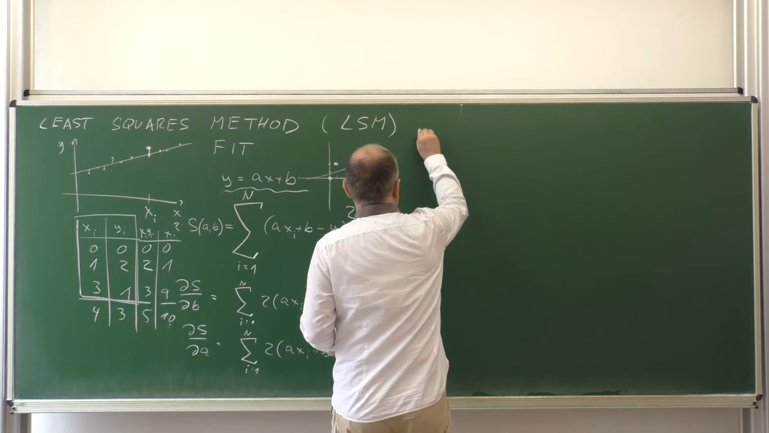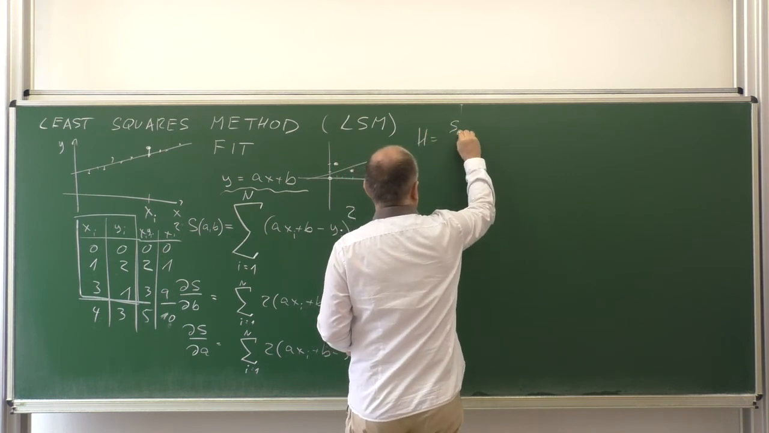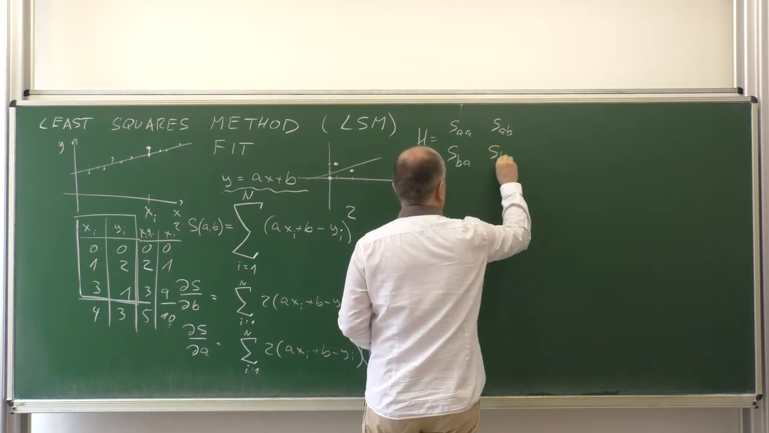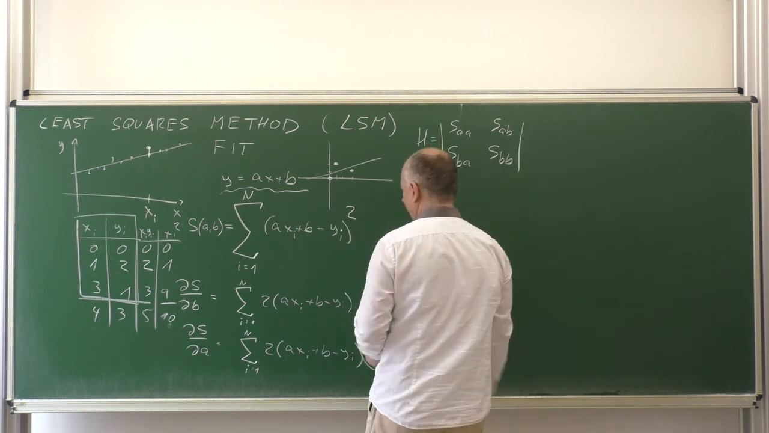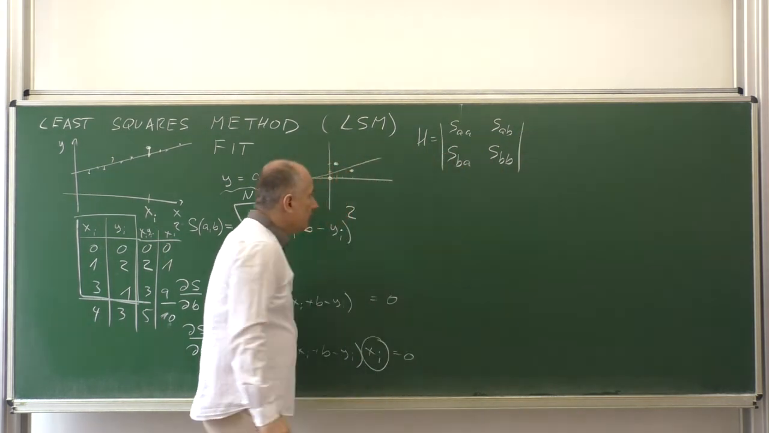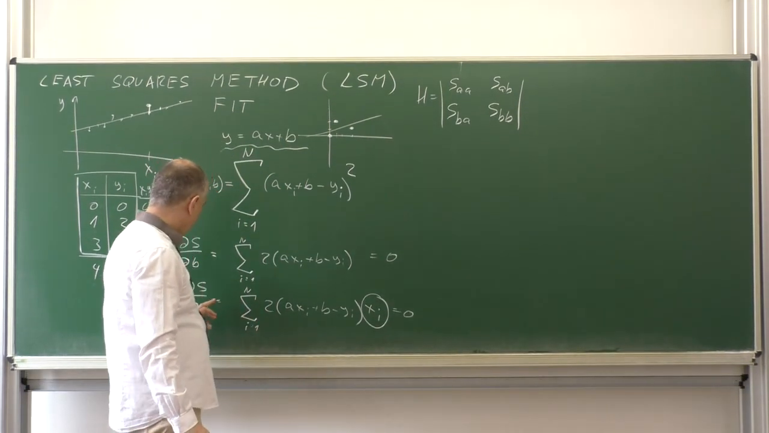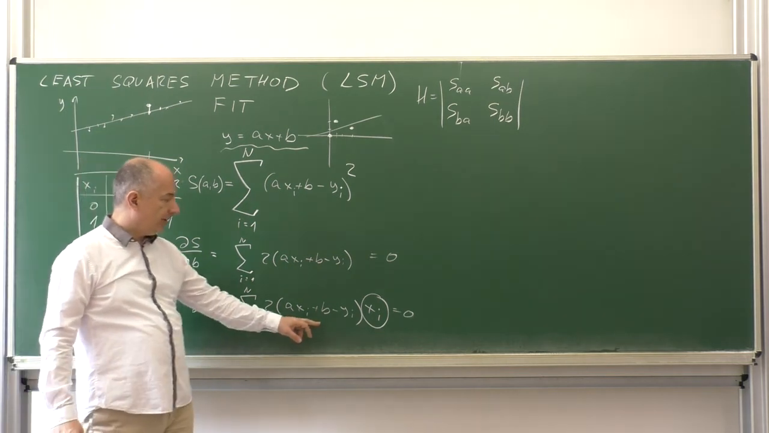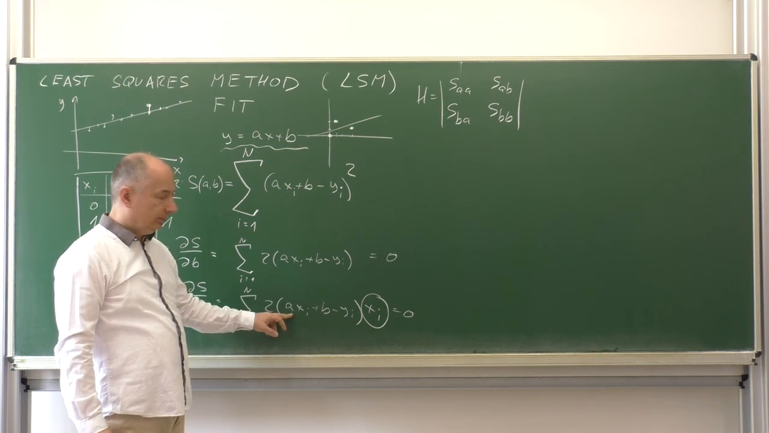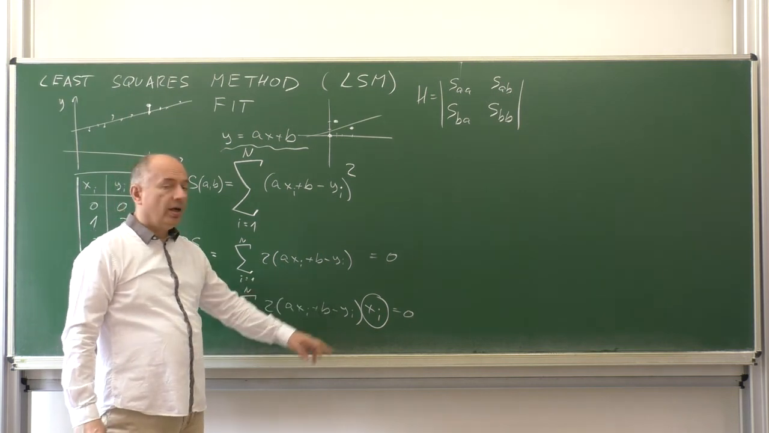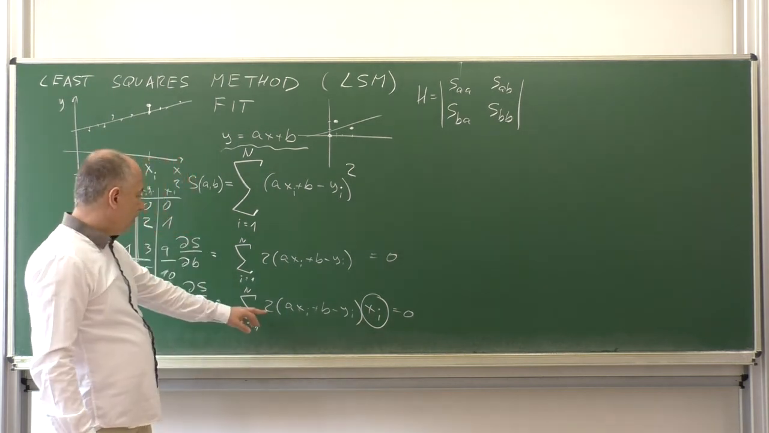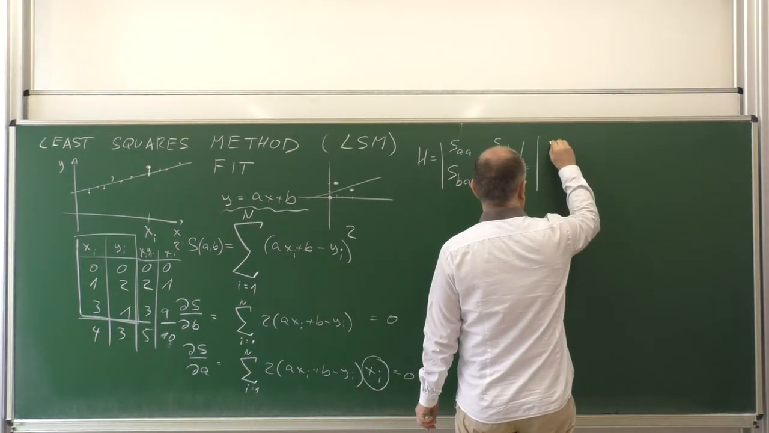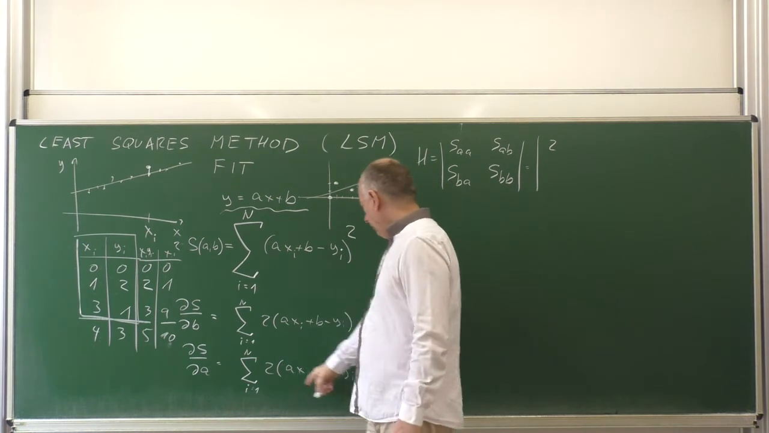So let's consider the Hessian, which will be SAA, SAB, SBA, and SBB. So to consider the second derivative of S with respect to A, here we have the first derivative, and let's differentiate this once again with respect to A, assuming xi and yi are constants. So we have 2 times sum,